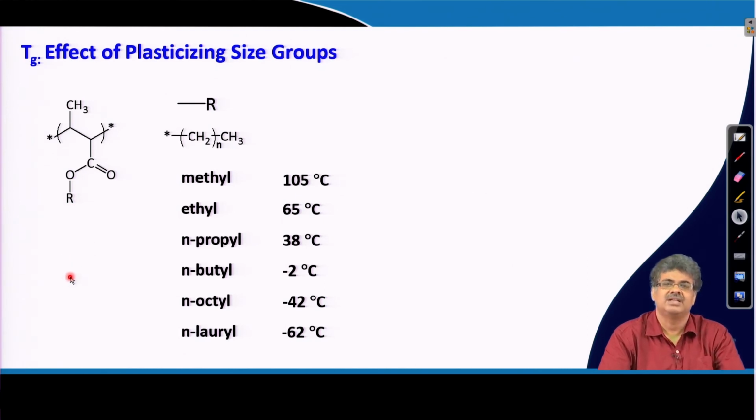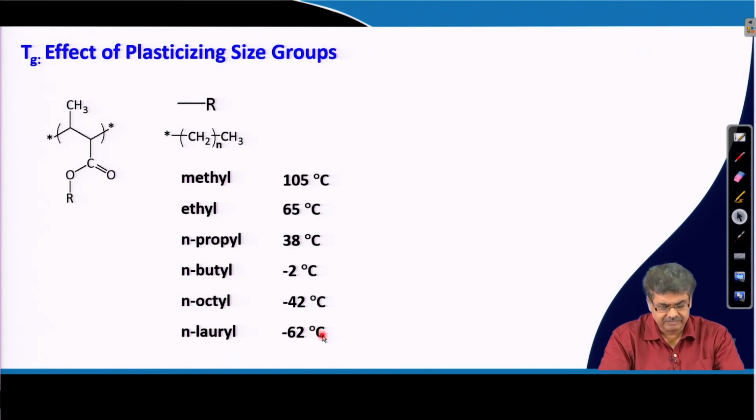As I explained, when the free volume increases, it has more chance or more space to rearrange itself at a particular temperature. So, the Tg can go down further. If you compare these values, methyl, ethyl, propyl, butyl, you can see as we increase the chain length, the Tg value